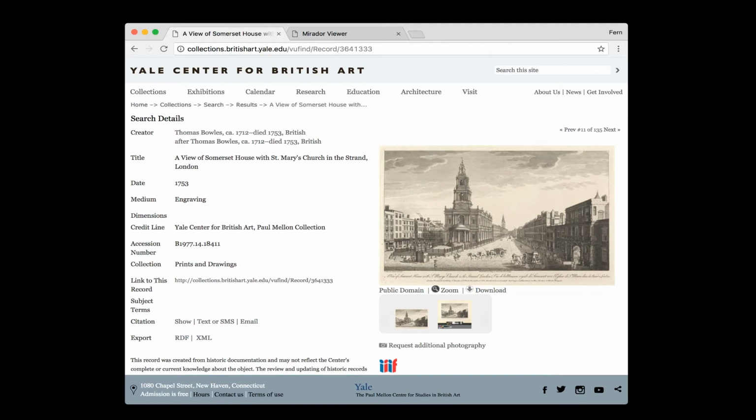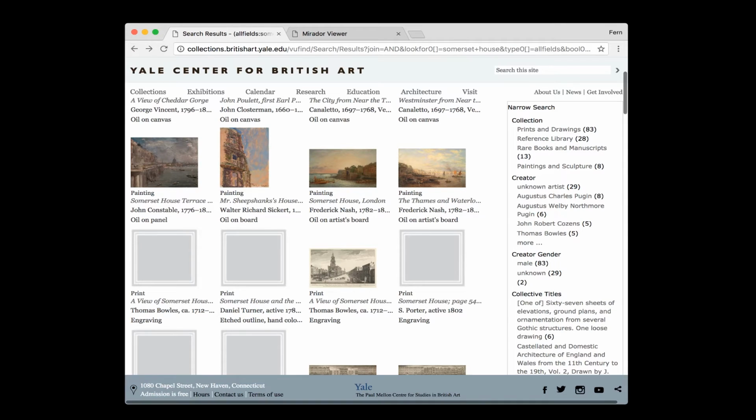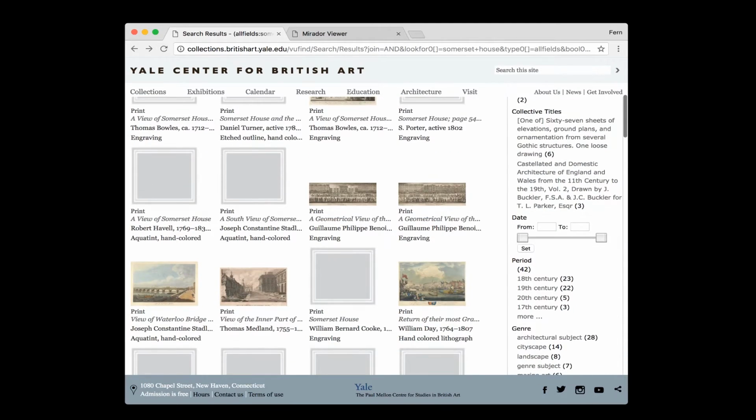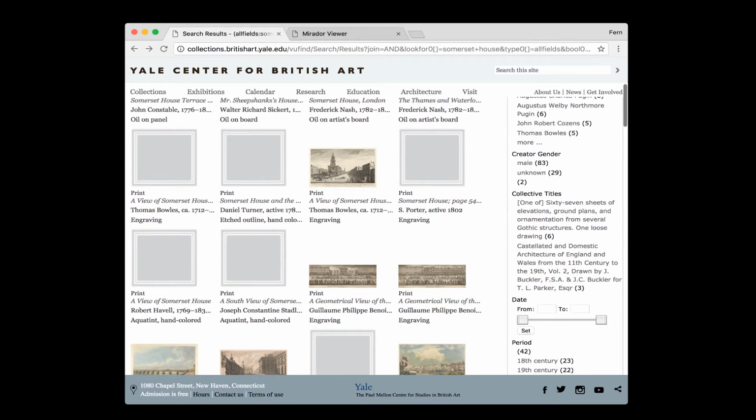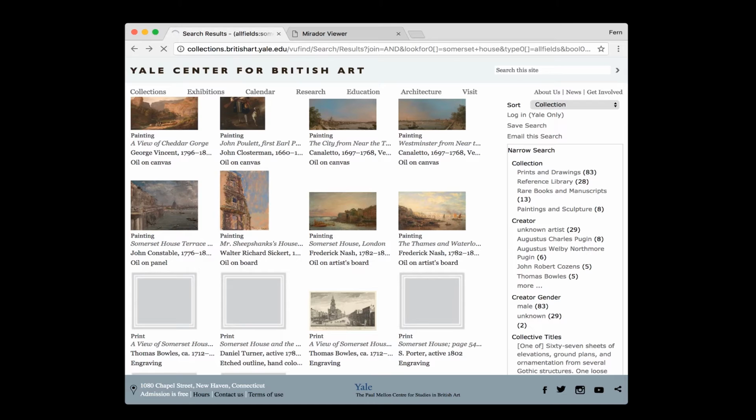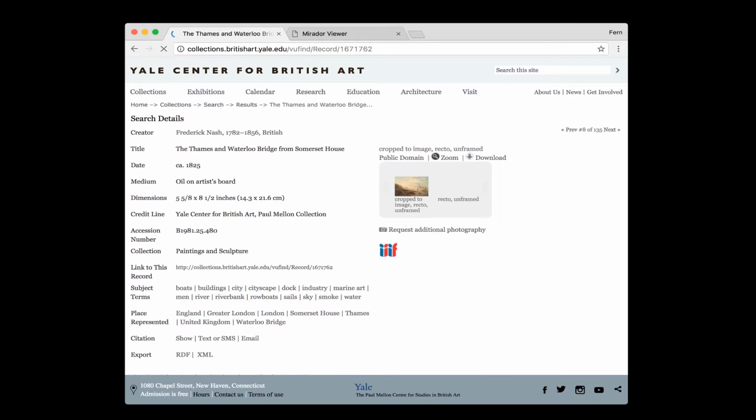I'll now go back to our search results. Here we have the Thames and Waterloo Bridge from Somerset House. Now, it's not supported by all collections that are making use of IIIF. However, it is on this one, the ability to take that IIIF icon and drag drop it, which I'm going to have to do twice there because it's not working. Okay, so using something like that Yale search there, we can just pluck out particular items that they have